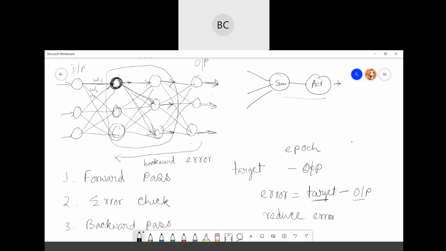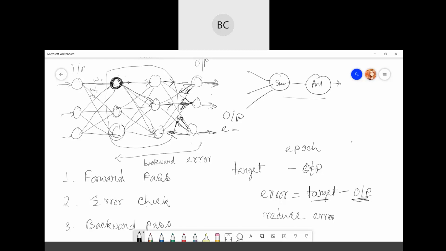You calculate the error as target minus your calculated output, and that error is sent back to each of the neurons. Based on that error value, each neuron will update its parameters.